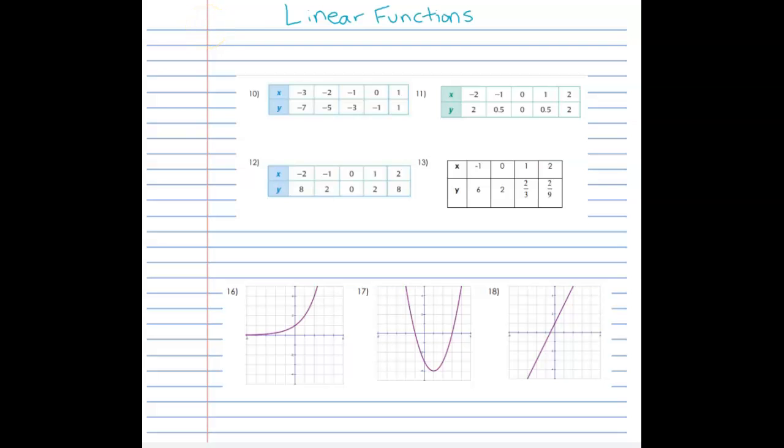Your keyword here is line. You want to make a straight line when you graph it, or if it's even graphed for you. We're going to talk about that. Your two ways of determining if anything you're given is linear are through a table and a graph. With a table, what we're going to do basically is